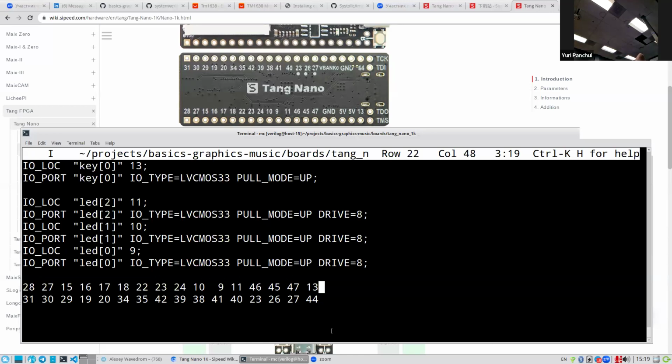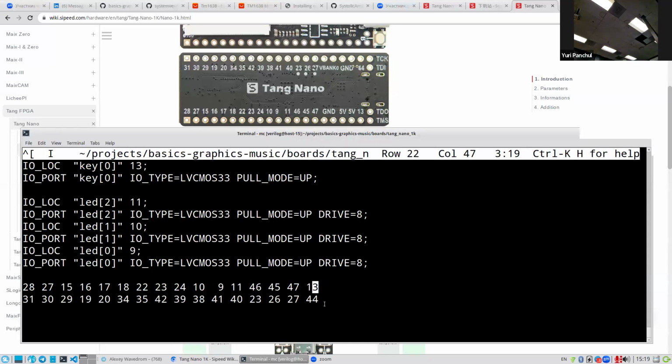Okay, so the total number is 47, 48. So the board we're doing here is the Tang Nano, not the other nano. Yeah, the Tang Nano. Okay, let's look at the vendor example to see how they